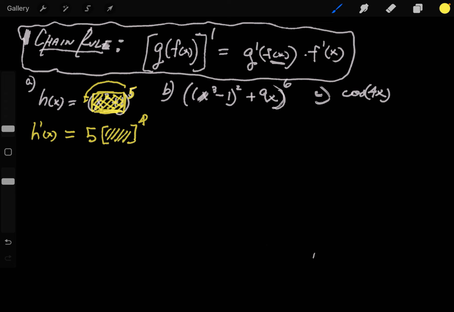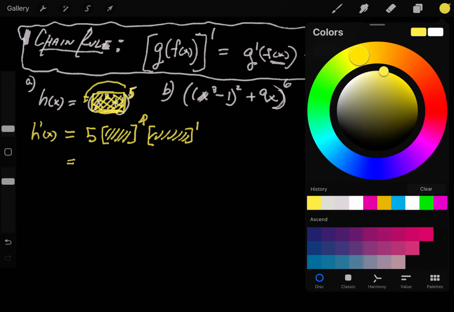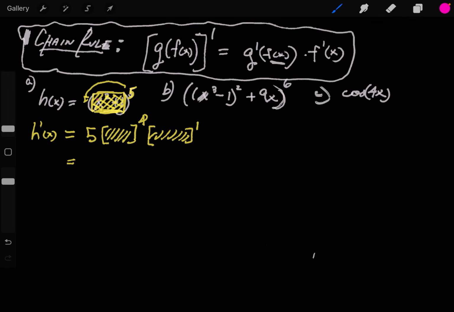Chain rule says that then you have to multiply by the derivative of whatever you neglected. And what did we neglect in this case? We neglected x squared plus 1. This is the inner function, this x squared plus 1 right here, that yellow brick. Now I need to find the derivative of x squared plus 1. It's going to be 5 times x squared plus 1 to the 4th times the derivative of x squared plus 1,